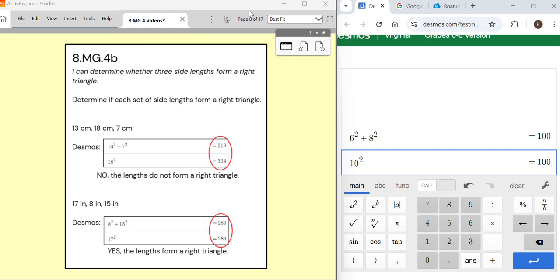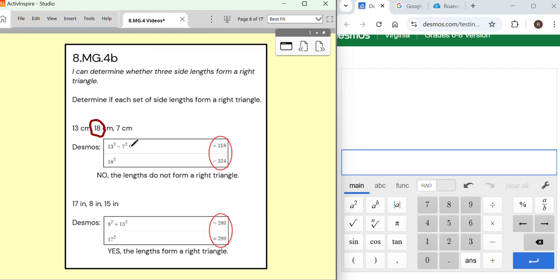Determine whether three side lengths form a right triangle. Determine if each set of side lengths forms a right triangle. If you are given three lengths and someone asks you, are they a right triangle or are they not? The first thing I would suggest is find the longest side because that has to be your hypotenuse if it